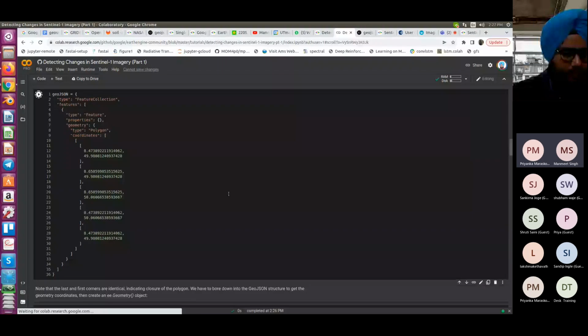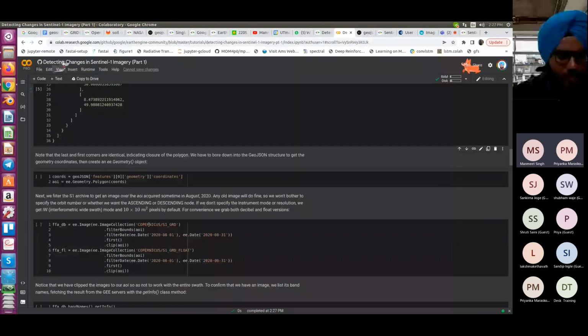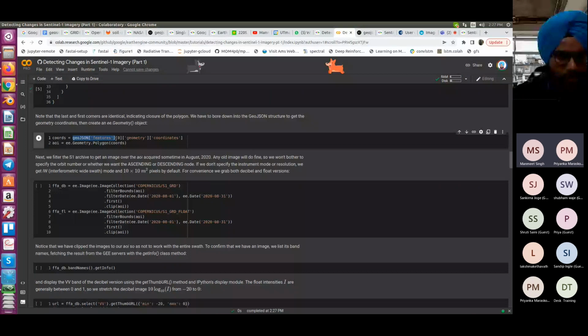Note that the last and the first corners are identical, indicating the closure of the polygon. We have to go down into the GeoJSON structure to get the geometry coordinates, then create an ee.Geometry object. So we get the coordinates from GeoJSON features 0 geometry coordinates. So if you see what your GeoJSON is,